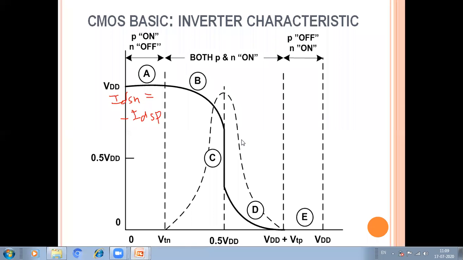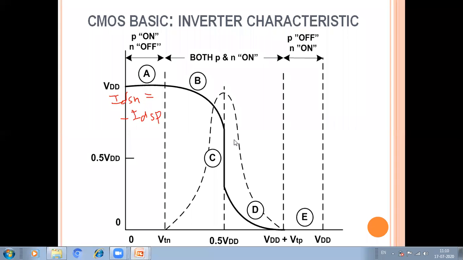And therefore, the small input voltage has a large effect at the output. This makes the output transition very slim. In region C, we assume that the MOS device is in saturation and behaves like an ideal current source. But in reality, that is the ideal condition. So that's why we are saying this is the ideal constant current source.